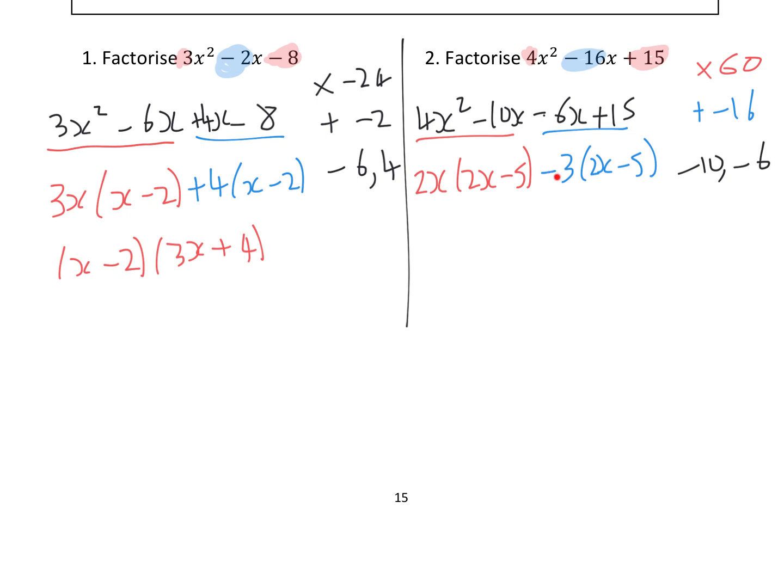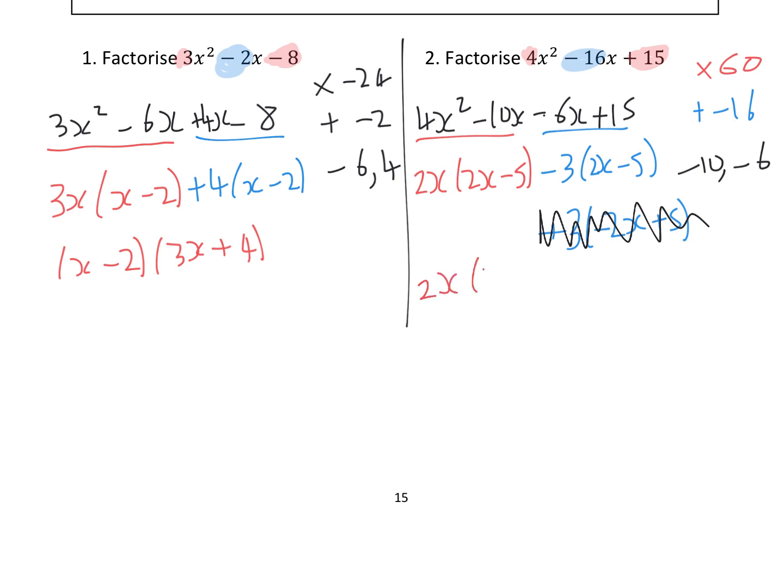Why did I take out minus 3 and not just positive 3? Well, I sort of was looking into the future a little bit. I know that these 2 brackets have to be the same. So let's think, if I did do plus 3, then it would be minus 2x, and it would be plus 5. But I know that I want the second bracket to be the same as the first, so taking out plus 3 as my common factor is wrong. Take out minus 3 gives me the same brackets. So I'll just ignore this. I know it looks a bit untidy, but